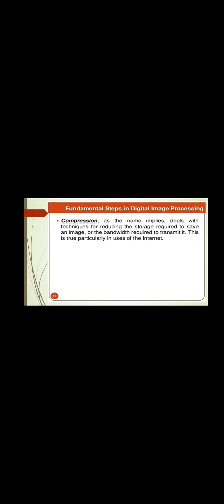Compression deals with the techniques for reducing the storage required to save an image or the bandwidth required to transmit it. Morphological processing deals with the tools for extracting image components that are useful in the representation and description of shape. Segmentation is partitioning an image into its constituent parts or objects. Representation and description follows the output of the segmentation stage.